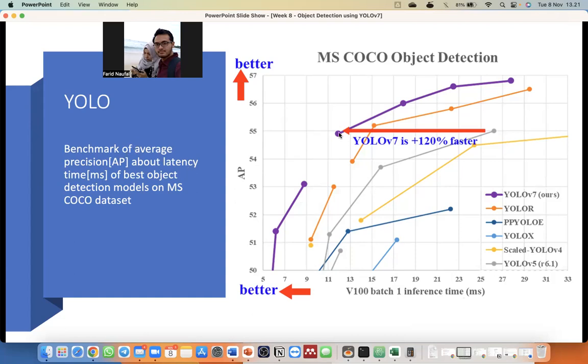As you can see here, YOLO requires less time and gets a better average precision if we compare it with any other object detection algorithm.